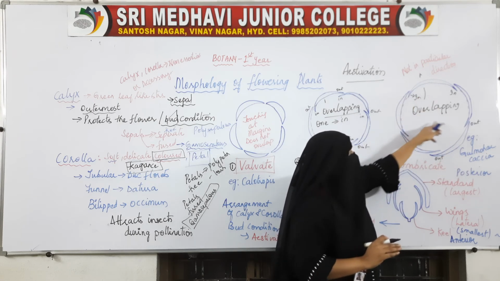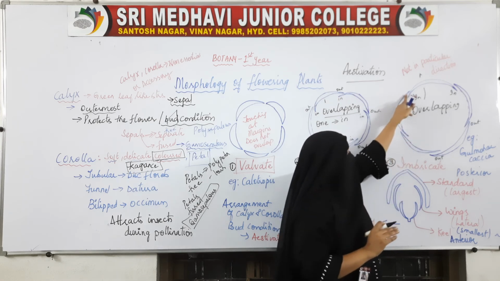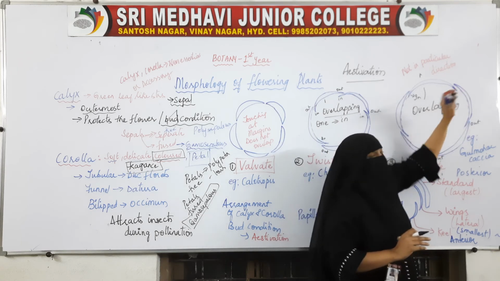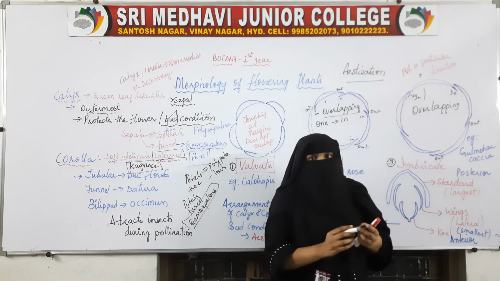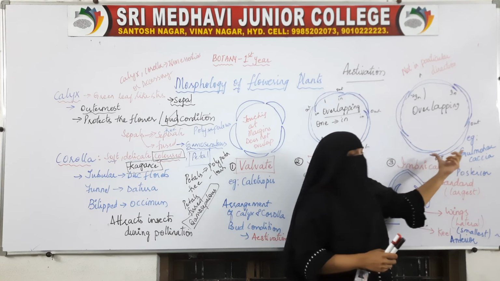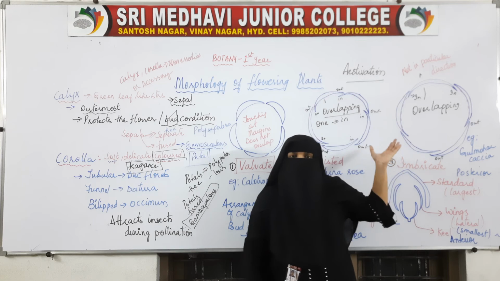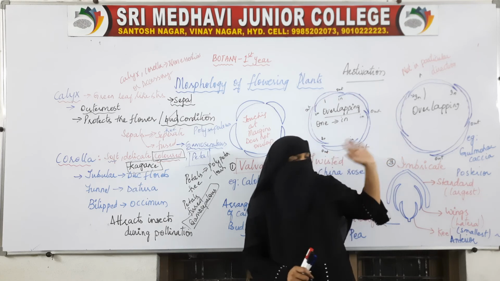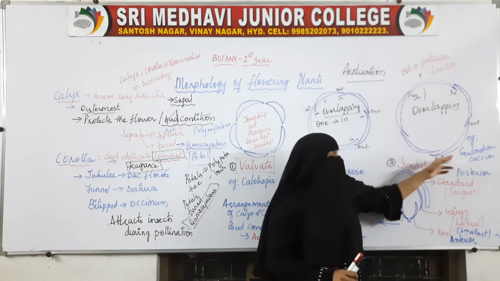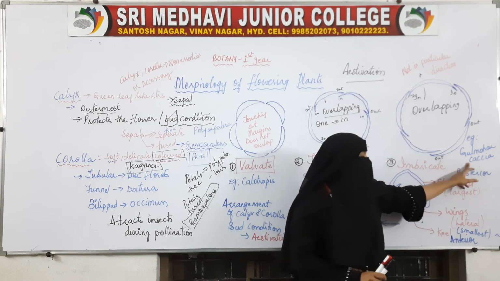In the rest of the three, one is inside, one is outside. Here, one outside, inside, outside, inside. Here also, inside, outside. So this type of estivation, where one is totally in and one is totally out, and the others have one margin inside and one margin outside, is called imbricate estivation. Examples here are gulmohar and acacia.